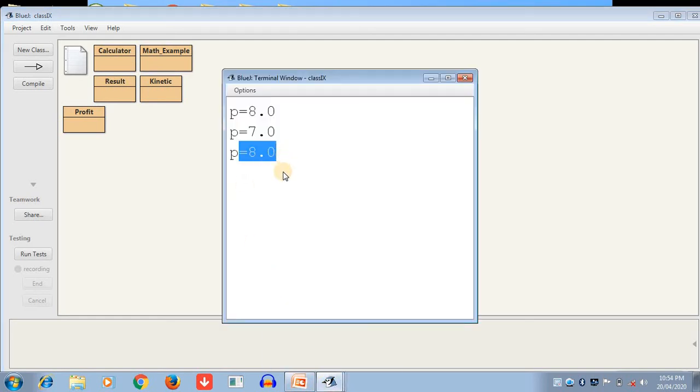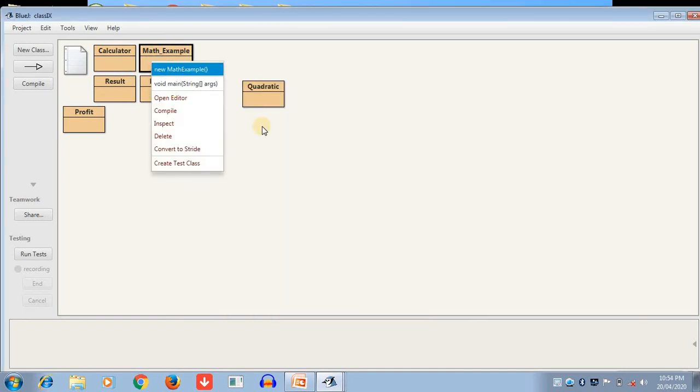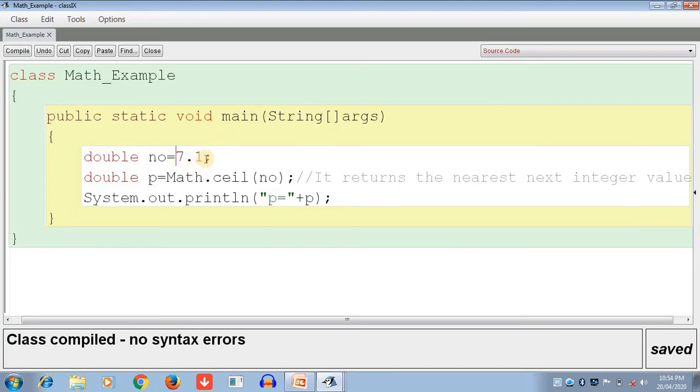Okay, so I understand. If you are putting a negative number, what will be the next integer value? If you write here minus 5.5, what is the nearest integer value?